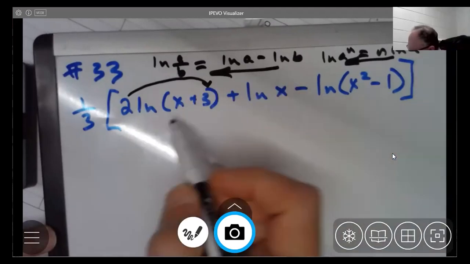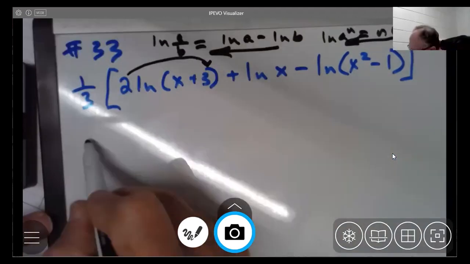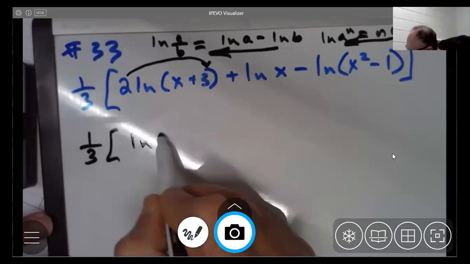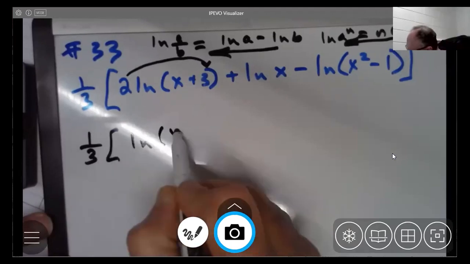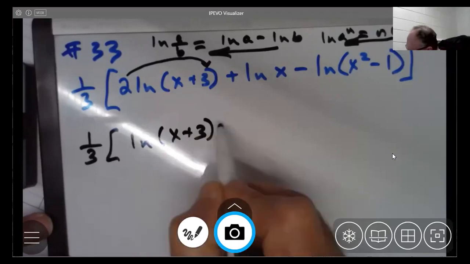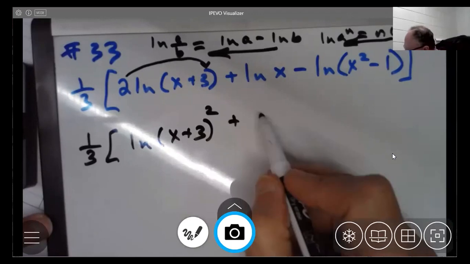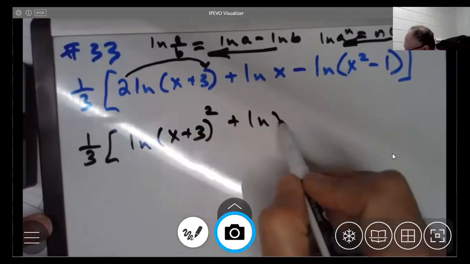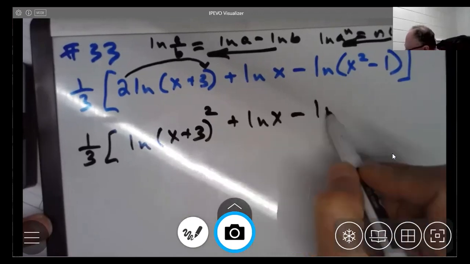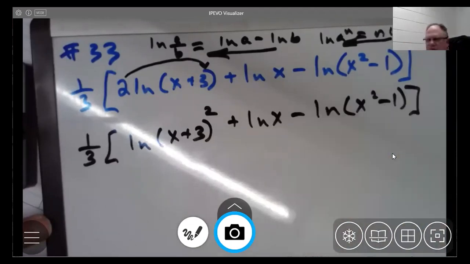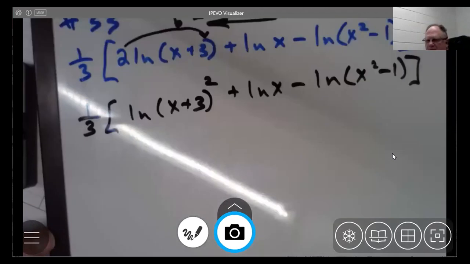And so this is the only one. So this will be 1/3 bracket. And so this will be natural log of (x plus 3), squared. And then we're not going to do anything else to the rest of those. Natural log x minus natural log of (x squared minus 1). Close parentheses, close the bracket. Okay, so now